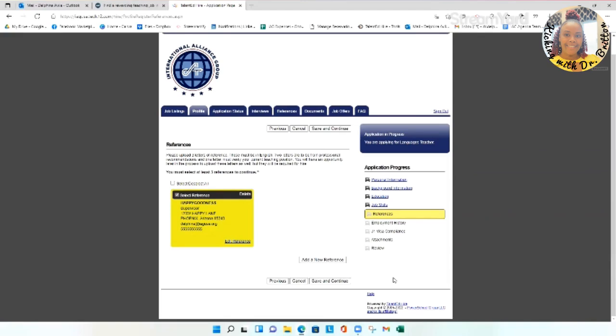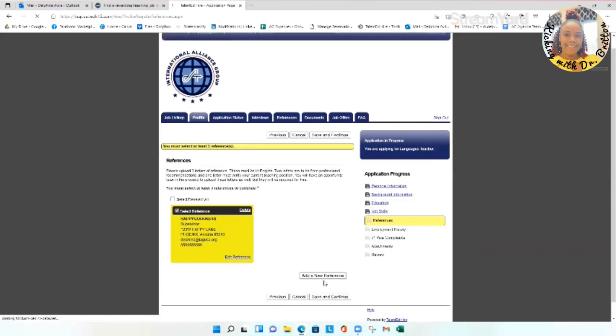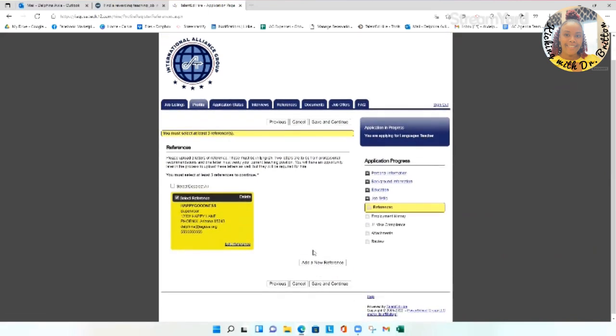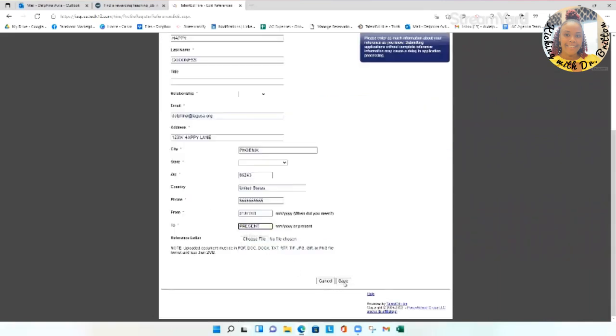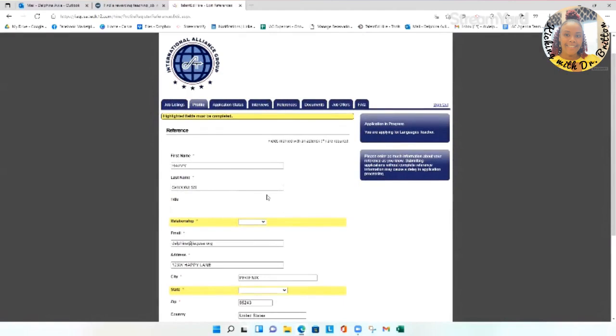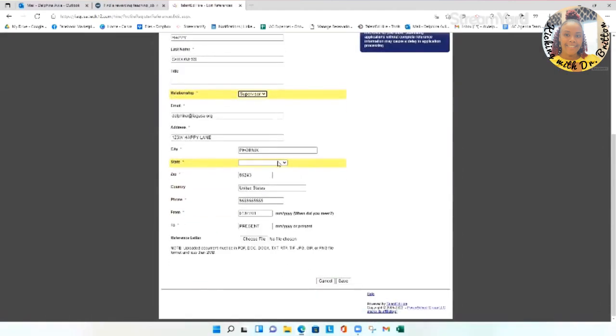But if there's an opportunity where we have to be cautious about certain things for whatever reasons, we would ask that the candidates share that with the team. So you add your 3 references. You must put 3 in order to move forward. See, I only have 1, and it's not going to let me move forward unless I have 3. So I'm going to add another one. A candidate would want to put the real 3 different